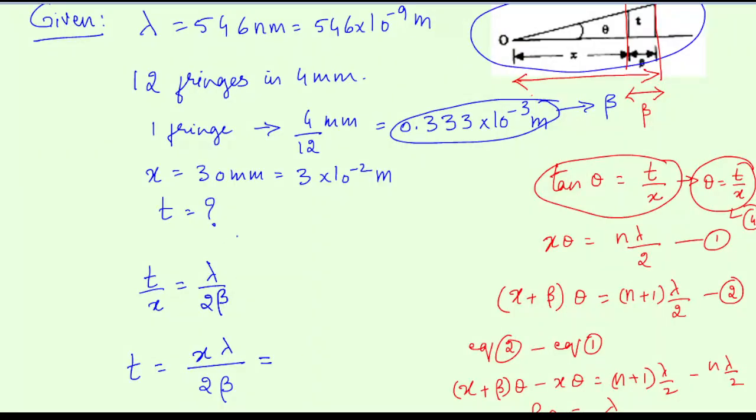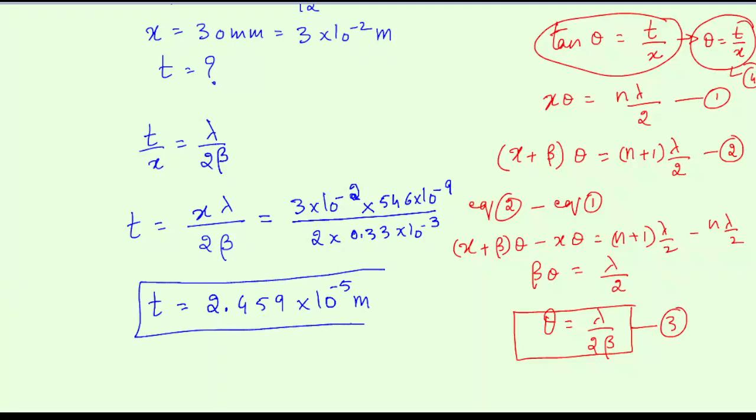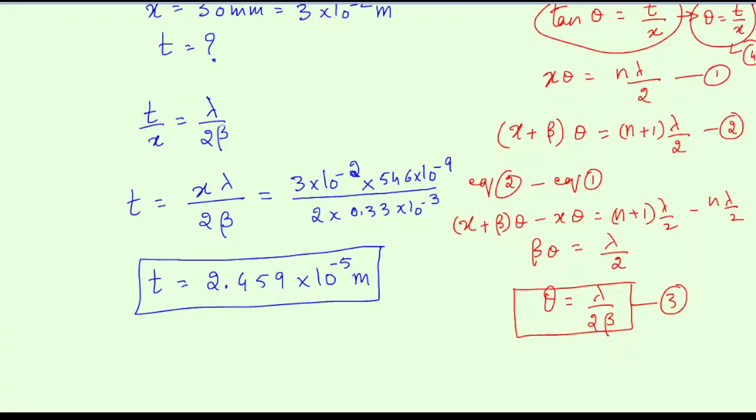Now let's substitute the values. x is 3 into 10 to the power of minus 2. Lambda value is 546 into 10 to the power of minus 9. And beta is 0.33 into 10 to the power of minus 3. If we simplify that, the value of t would be 2.459 into 10 to the power of minus 5 meters. So this is the thickness of the air wedge, and make sure, students, that you write the answer along with the